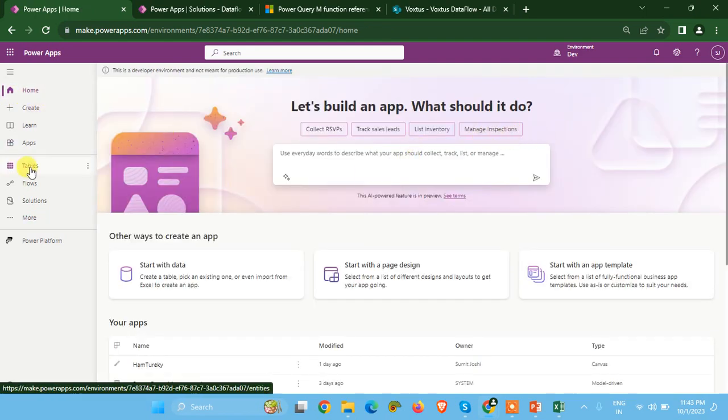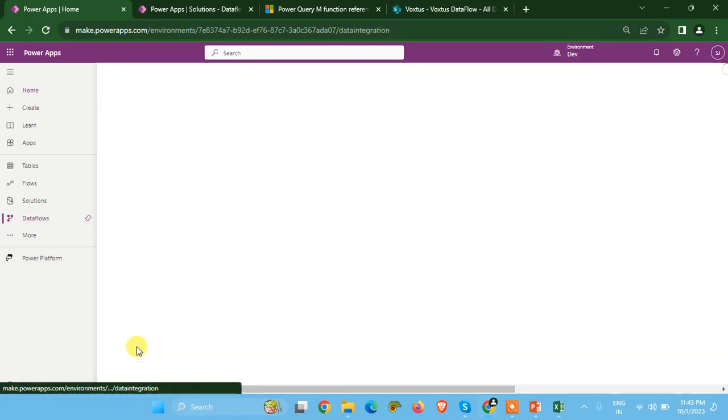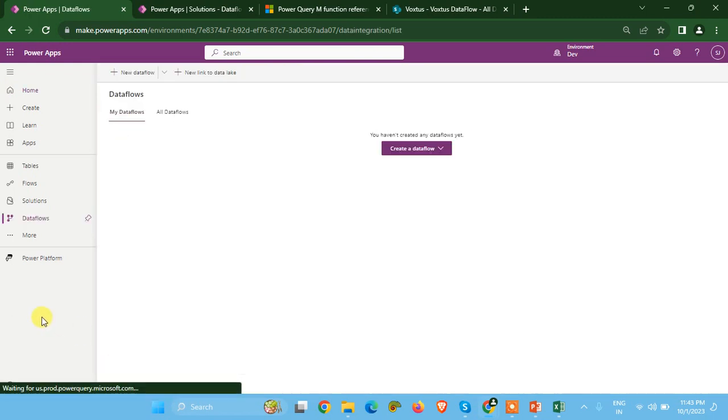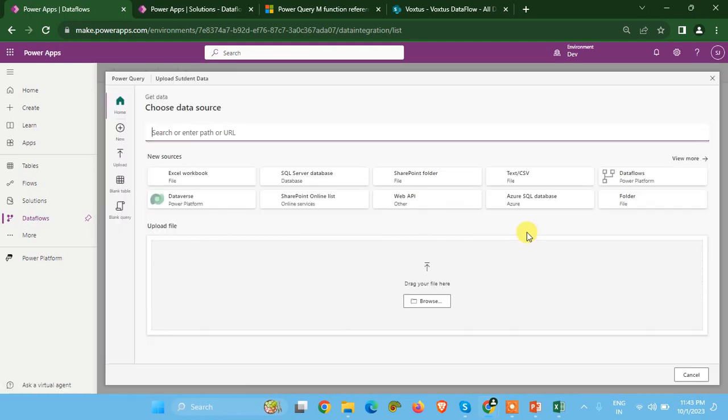Power Platform. Okay, so I can see here I have clicked on home. Now just click on more and click on data flows, so that you can create your data flows from here. So click on data flows, you'll see the new data flow button. Just click on this button, and now we are going to name our data flow upload student data. Okay, so I'm just going to hit the create button, and I'm going to pick